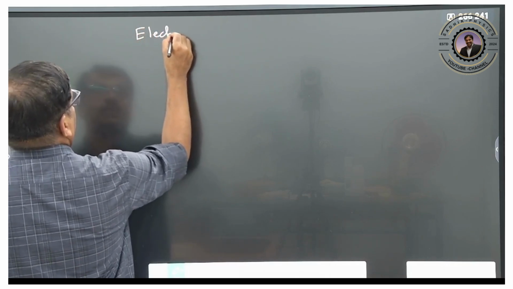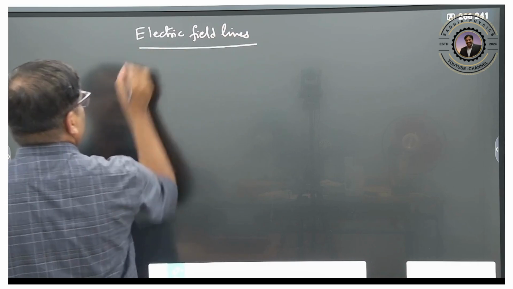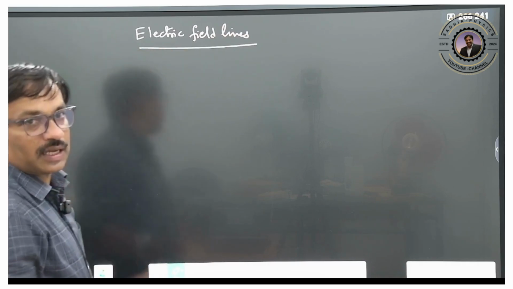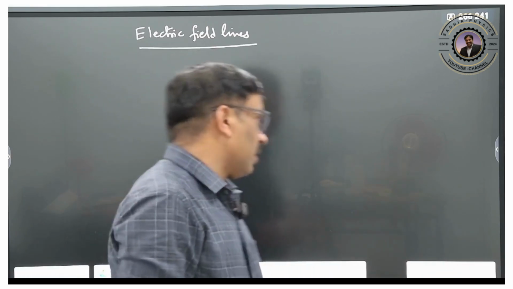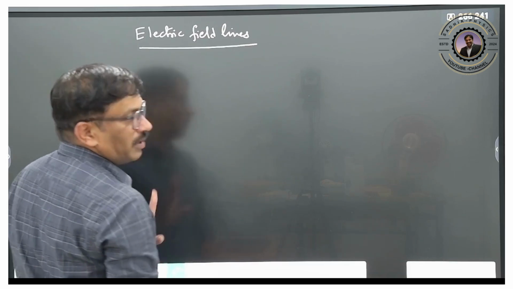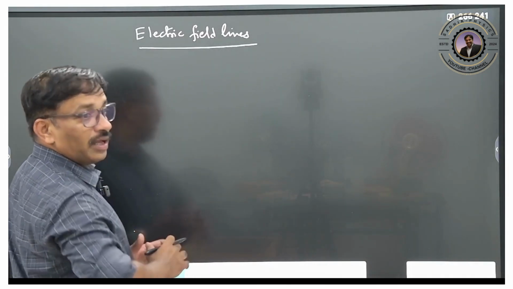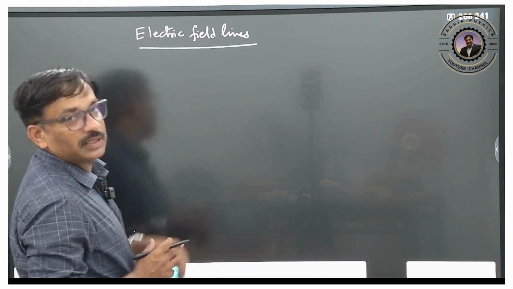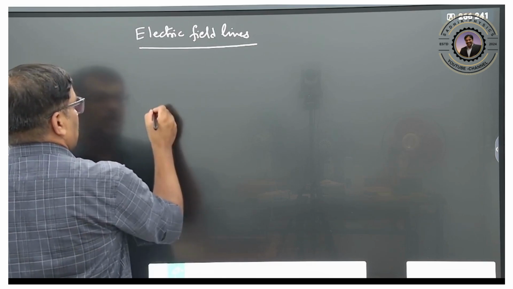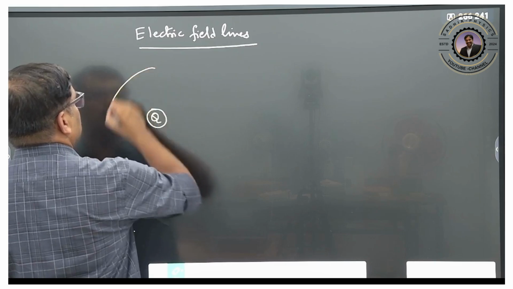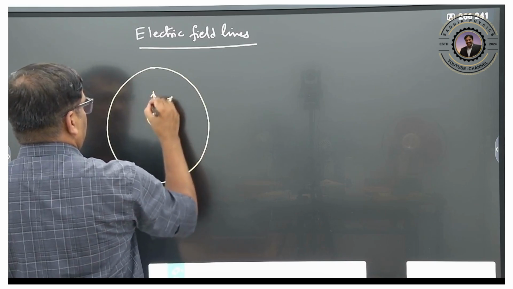Electric field lines. These field lines are imaginary lines, used to explain the electric field. They explain how charges experience attraction and repulsion forces and what is present inside the field. Suppose there is a positive charge Q, and this is its region. What will happen now? It will be experiencing